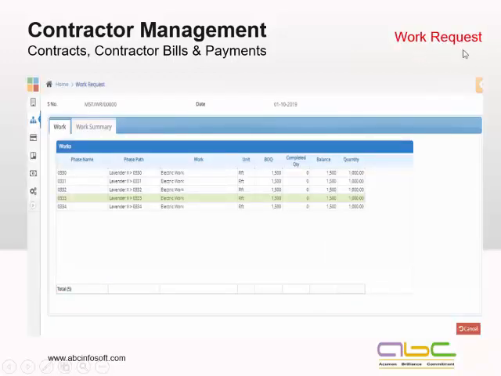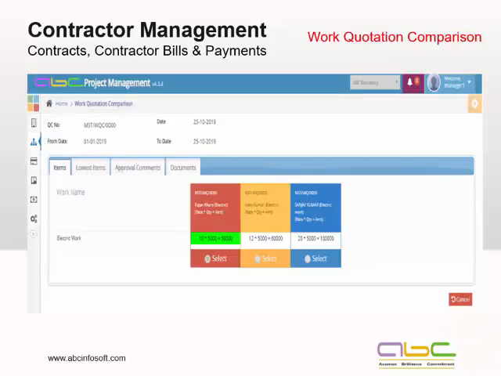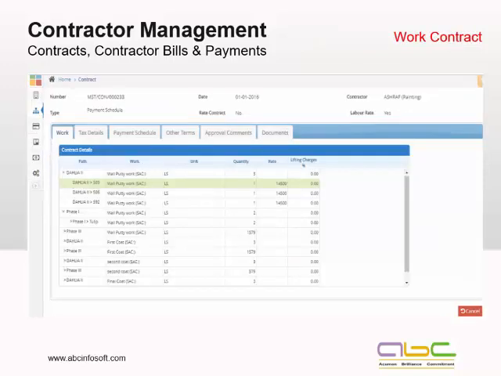Okay, we start with the work request. We'll be defining a date, and then who is giving the request for any particular work. These are the requests. This can also be initiated from my monthly planning. Then based on multiple requests, we can go to quotation requests to various contractors, and then their quotations, and then this is the comparison. So it will be highlighting the minimum rate for the contract. Based on this, we'll be giving a work contract to the contractor.